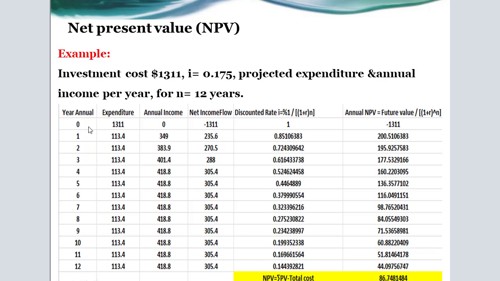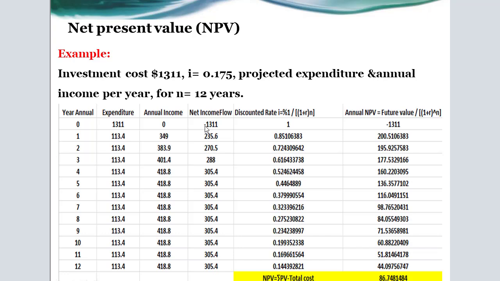So in year number 0, which represents the construction period, we spend all the expenditure, which represents the investment cost, and from this information it gives us the net income, or we can calculate it in other methods. We are now in this example, just to give you a clear picture about the way of calculation.